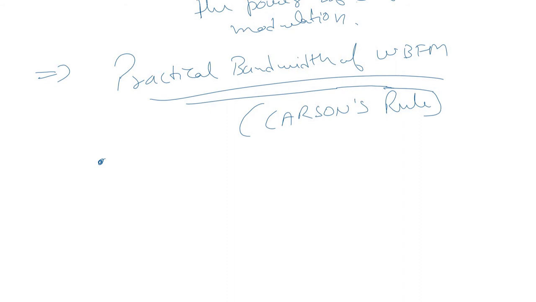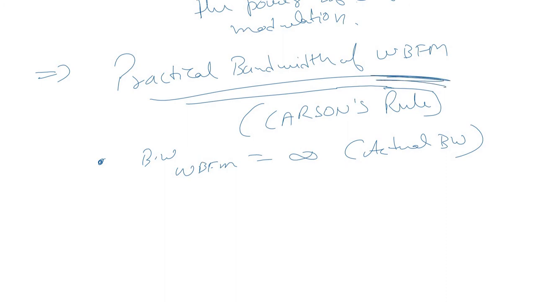Let us have a look at what is this Carson's rule. The actual bandwidth of wideband FM is infinite. For transmission of the signal, it should be band limited by retaining some of the significant sidebands and eliminating the insignificant sidebands. We already know what are the significant and insignificant sidebands in the wideband FM type of a signal, but we need to precisely find out till what order of sidebands we are going to consider those sidebands as significant.